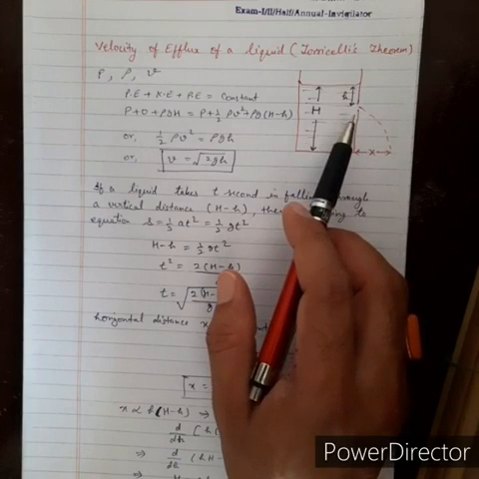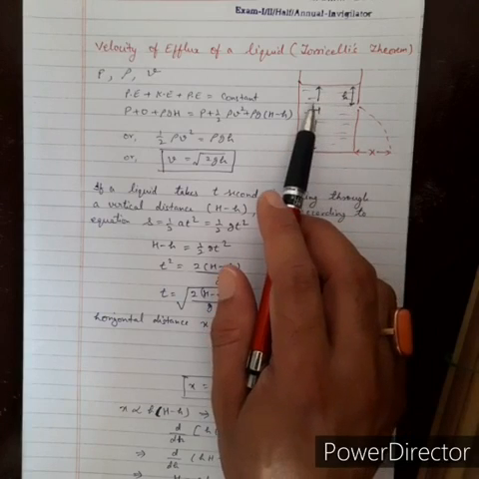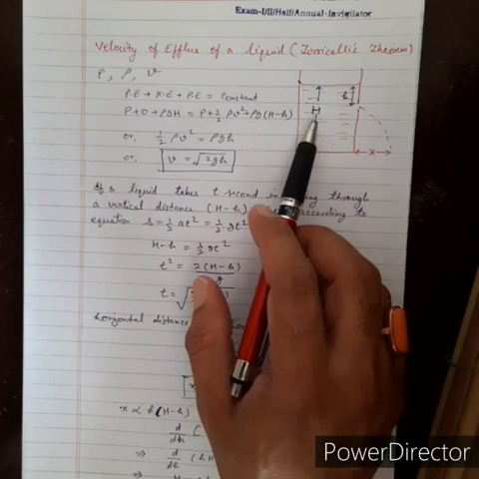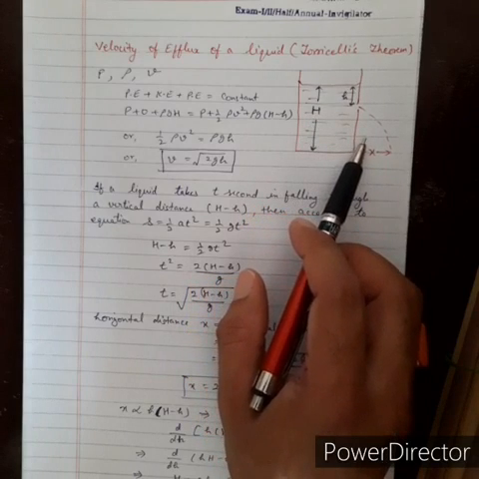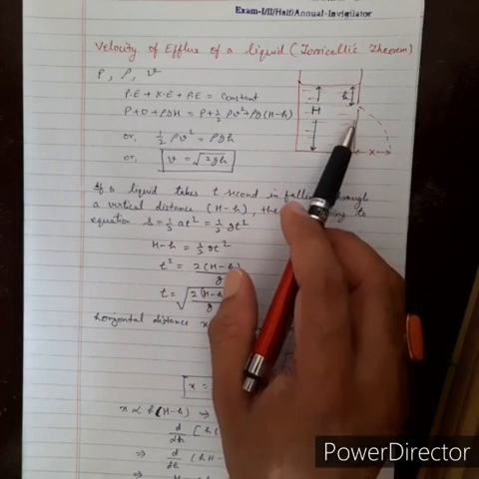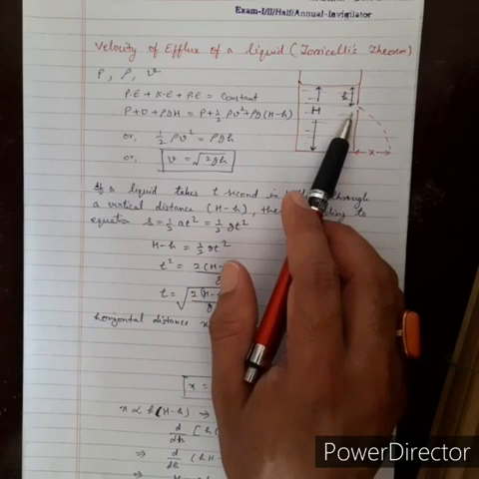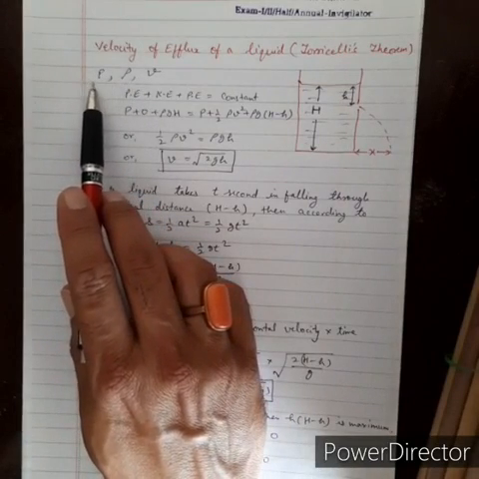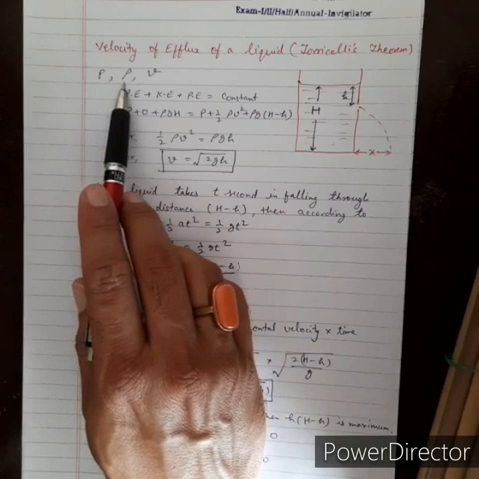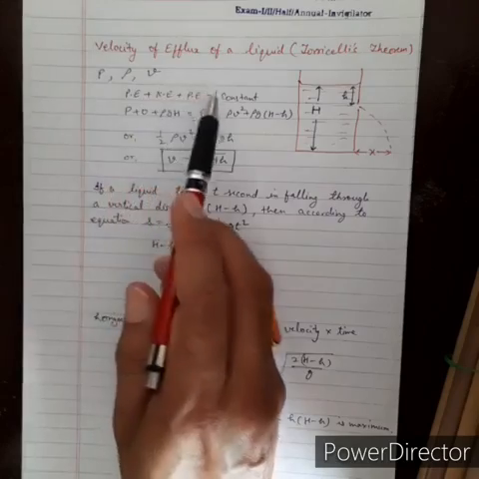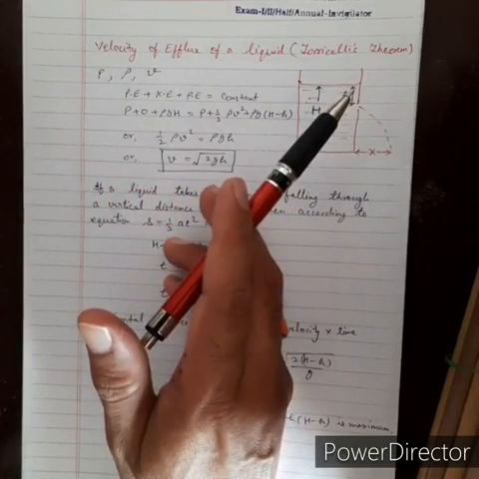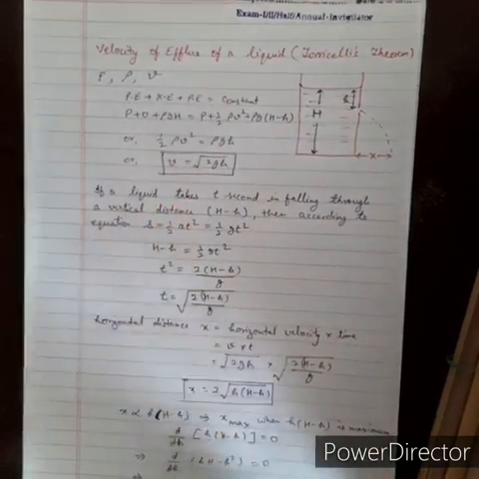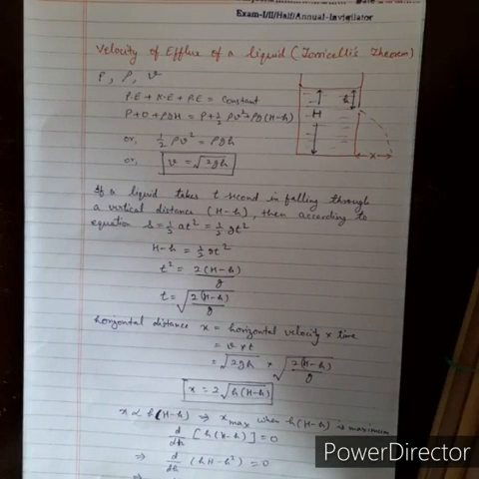Okay, so the liquid on the free surface has no kinetic energy, but due to this height h, it has only potential energy. While the liquid which is coming out from the orifice has both kinetic energy and potential energy. Okay, so I have taken some considerations here: P is the atmospheric pressure, rho is the density of the liquid, and V is the velocity of the efflux of the liquid which is coming out from it. According to Bernoulli's theorem, the sum of the pressure and the total energy per unit volume of the liquid must be the same at the surface of the liquid and at every point on the orifice.